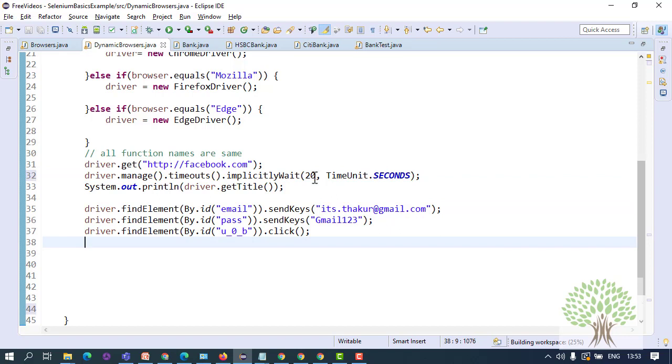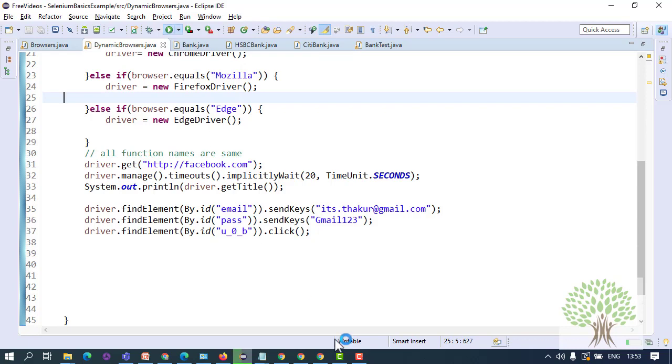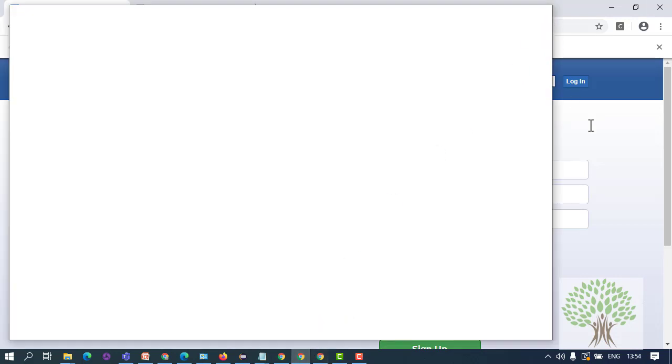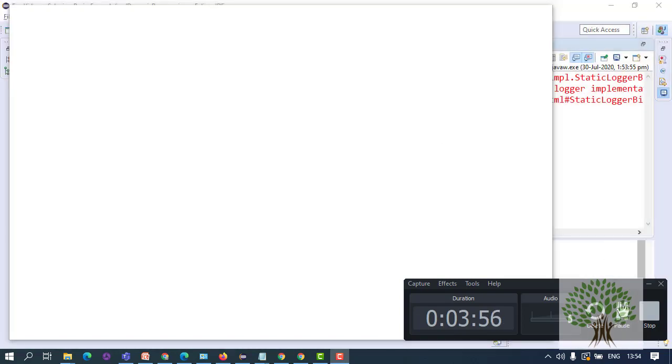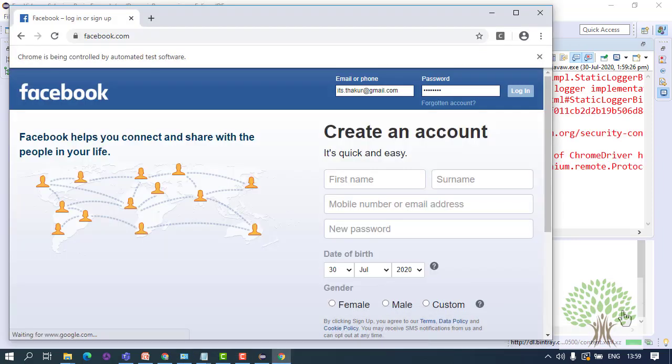after you have logged in, fine, suppose if I just run this script, this will log me in. Fine, I'll close all the unnecessary things. So it's logging in.